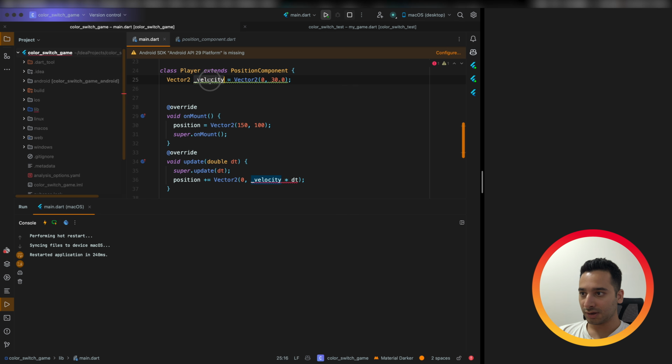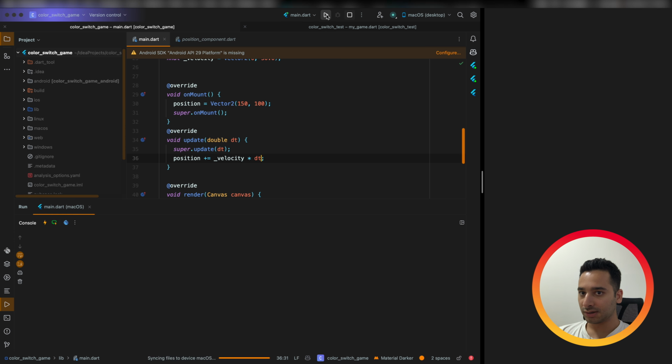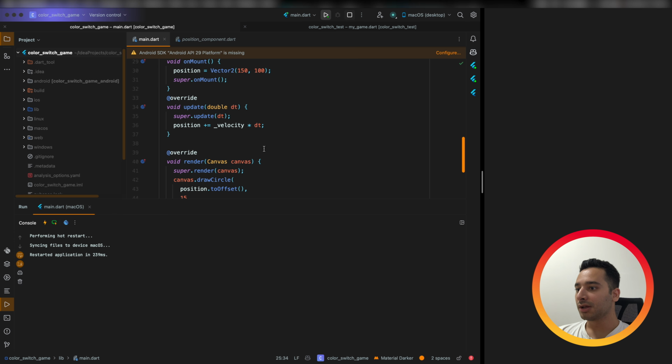It is not final anymore, or maybe we can have it as a final variable, and each time we add our position with our velocity multiplied by delta time, it has the same result, but we have both x and y in our velocity variable.